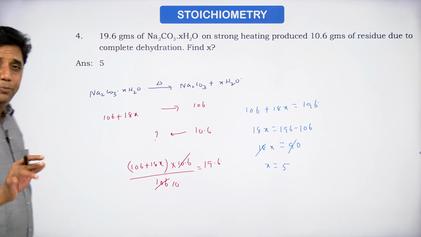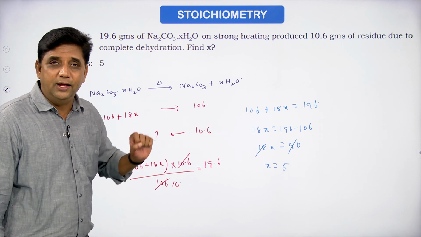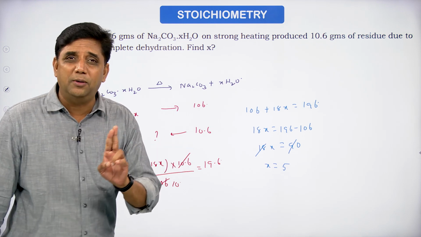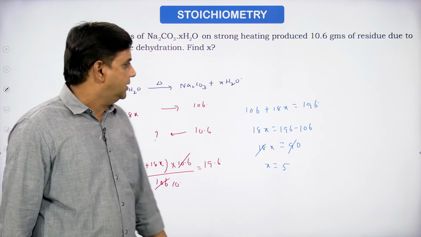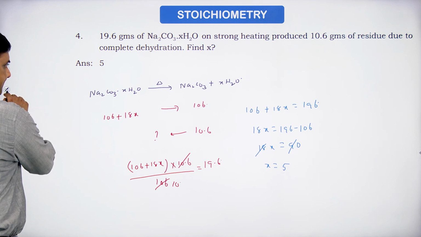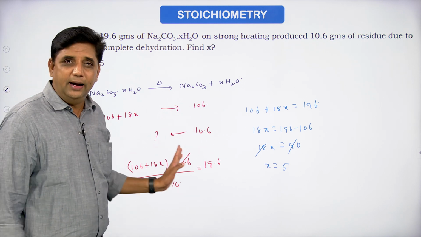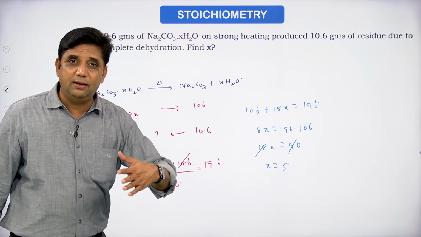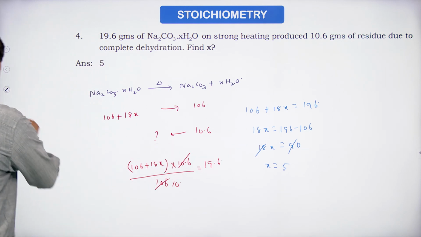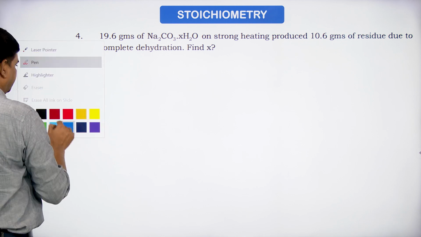And the proper method is what we have done, and there is another very simple method. This problem can be done in simply 2 steps. This is the proper and normal method, because we are at the initial level, so I explained this method. The other method is very simple. I am explaining this one.